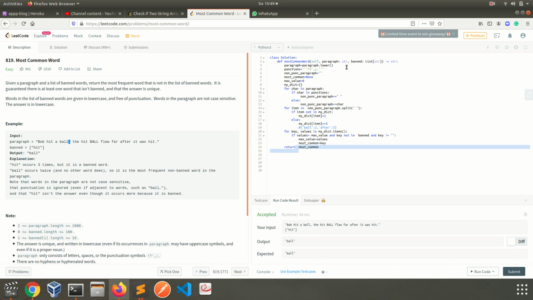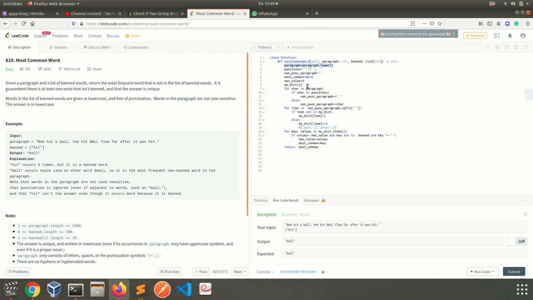First of all, I lowered the whole sentence, and after that, I defined the punctuation I should be careful about, and after that, the non-punctuation paragraph. I defined the variables, most common as None, and maximum value. Why I did that, you can see at this part. I also defined my dictionary. It's an empty dictionary, because I will use the hash method here.